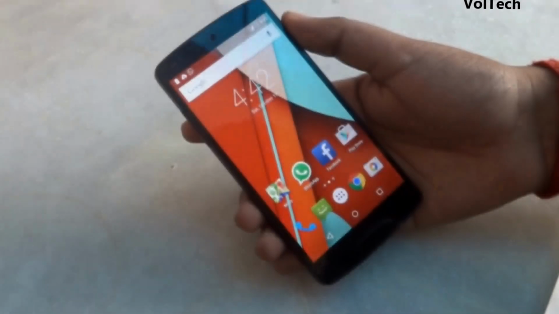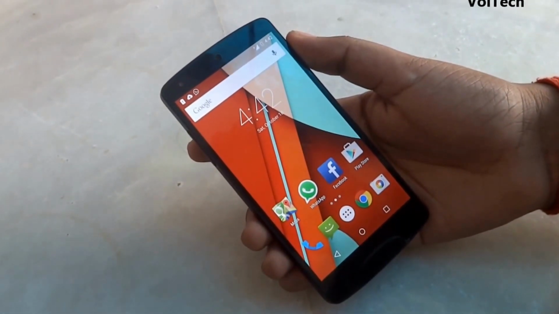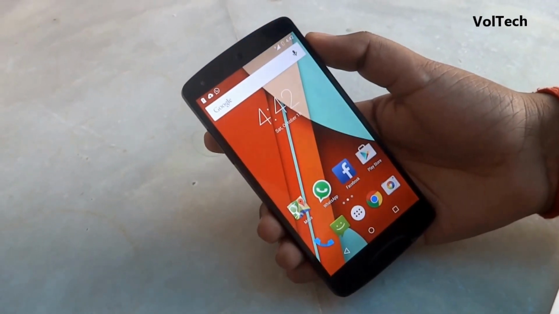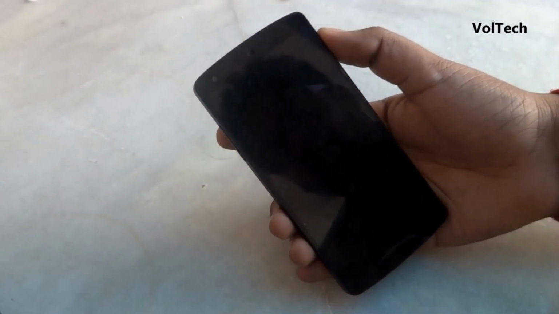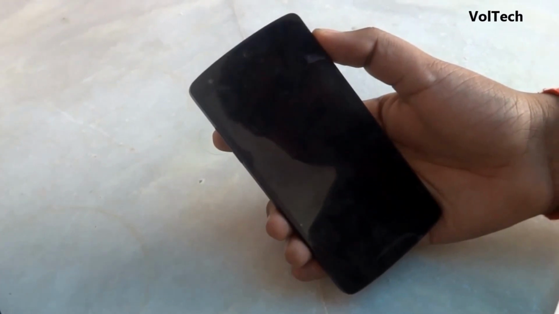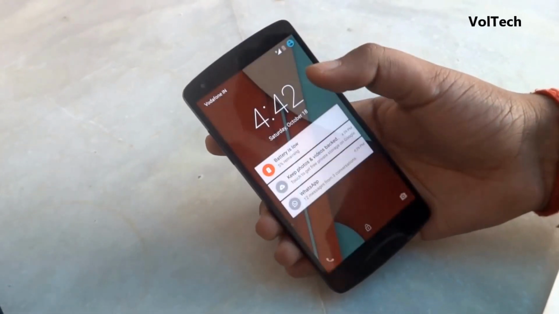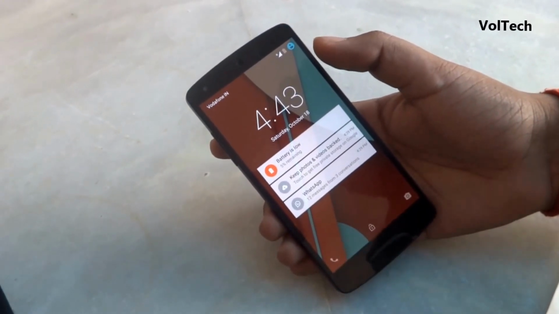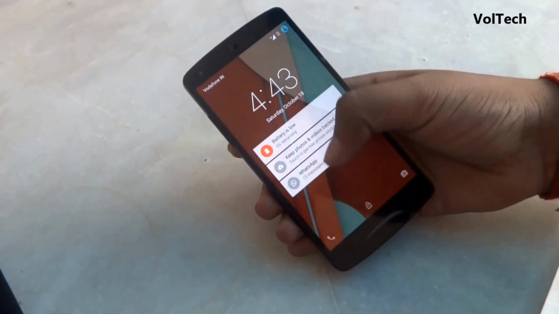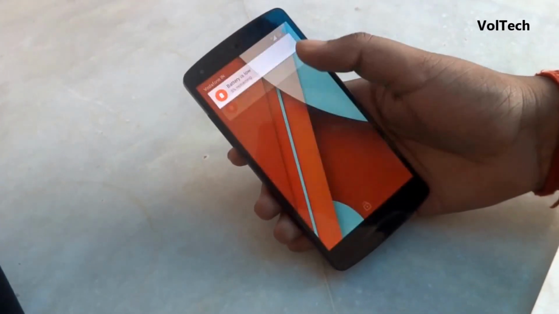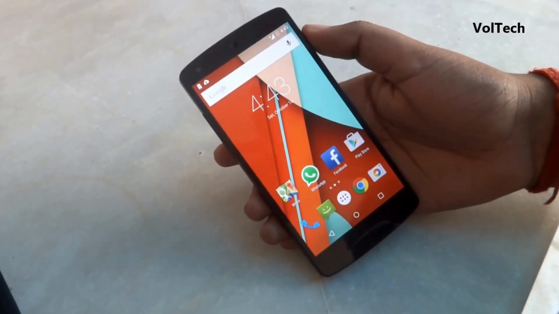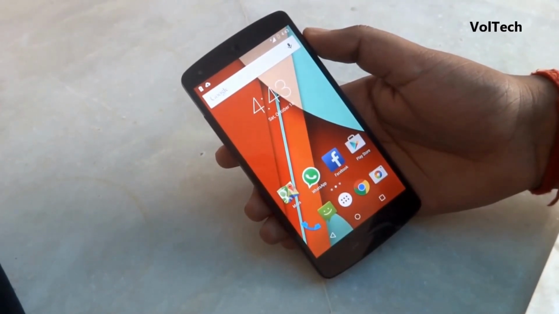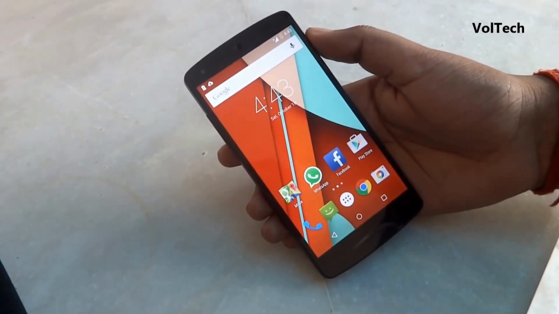I also found the way of locking the screen really nice. The KitKat version was really famous for its style, but this is even better. Just have a look at it. The screen goes black and white, and then it decreases in size. It's really awesome. Also, you get the notifications right on your lock screen, so you can just swipe if you don't want a particular notification. So just swipe and the notification is gone. You can also change the settings for these notifications, for the type of notifications that you want on your lock screen. So you can disable a particular app if you don't want others to see your notification.